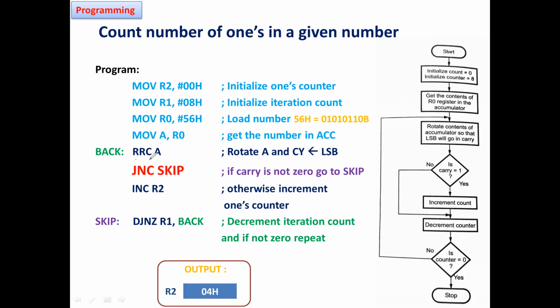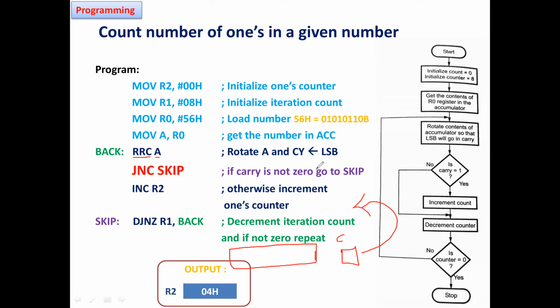So the main important instruction I'm going to use, which I am going to keep in the loop, is rotate right with carry. Here we always use the accumulator. Rotate right with carry the accumulator content. So I'm going to rotate to the right side. With carry in the sense, you have to place a carry bit, and here it is going to be your 8-bit data.